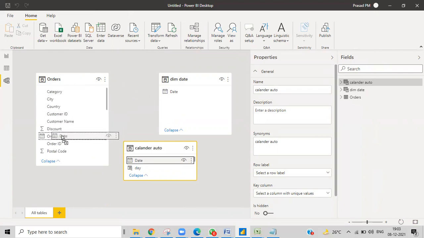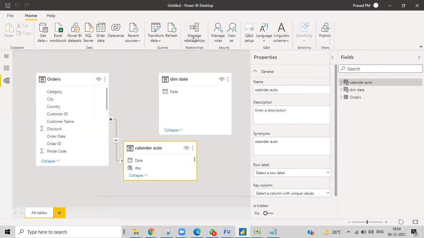When it is highlighted behind, you can see it was highlighted behind. Just release that on that particular date. Just wait for a couple of seconds, and then you'll get a relationship over here. Can you see this? Okay. And then one-to-many relationships, because this is unique values. For every one value, maybe here it will be like one value, but here it may be having a couple of repetitions. And then you can make this kind of relationship over here from the relationships also.